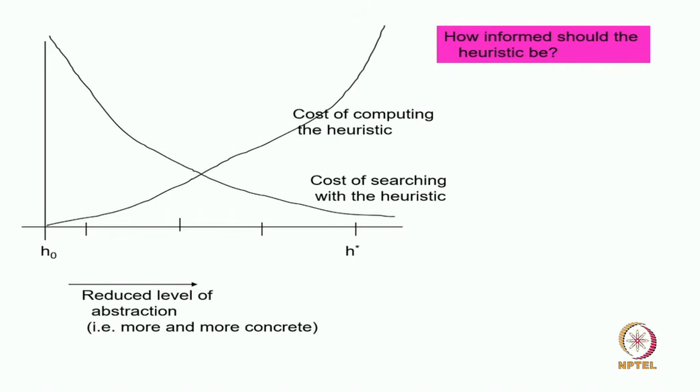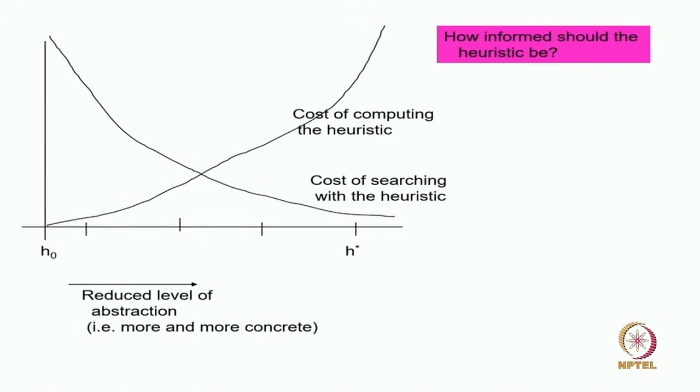I would like to talk about this very important phenomenon, which is how expensive should my heuristic be? It is actually an important question that we need to answer. In this graph, which is not a real graph drawn from empirical data but an intuitive graph, on the y axis we have the cost of computing the solution. So it is basically running time. And I am showing you two graphs,